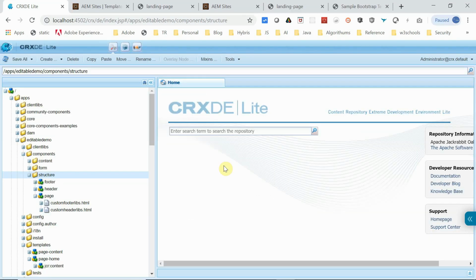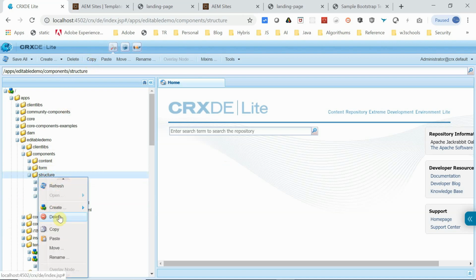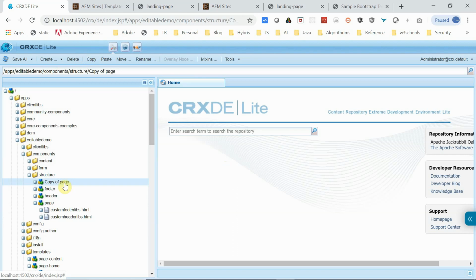Sometimes we may need to define a static structure, as the structure may not change after initial definition or for different reasons. Let's see how to do that. I am going to define the structure through Bootstrap. As a first step, we need to define the page rendering component. For that, I am going to copy this existing page rendering component and paste it under this same folder structure. I will rename this to page, add a hyphen, Bootstrap.